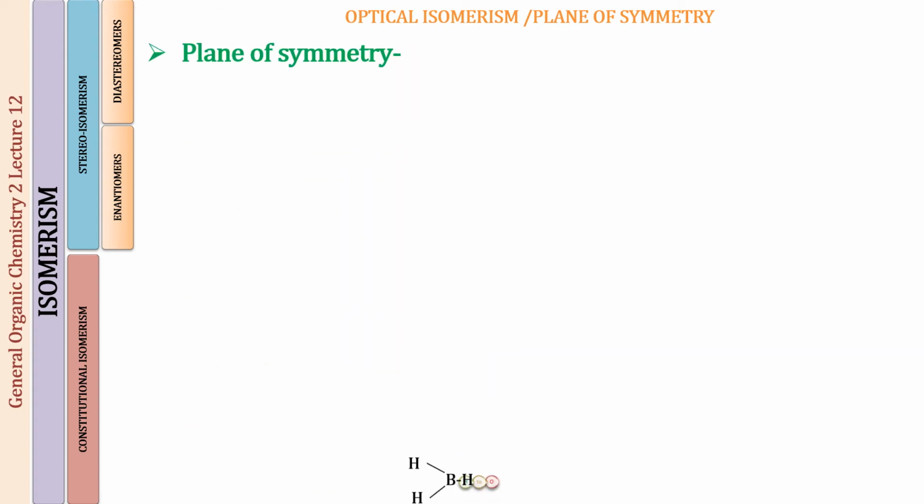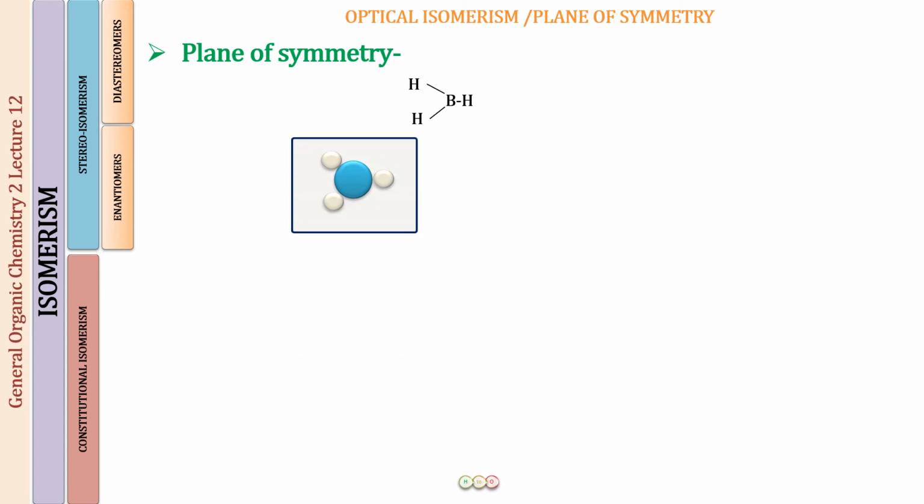So the next molecule we discuss is the BH3 molecule. Boron is forming 3 sigma bonds with the 3 hydrogen atoms. It is going to be sp2 hybridized. It is going to be a planar molecule. All the bond angles are going to be 120°, and all of them are in one plane. So how can we find a plane of symmetry in this molecule? Well, look at the spheres now. Boron is in the center and the white ones are the hydrogen atoms, and I am going to bisect it with an XY plane. So now I hope you can all imagine it.